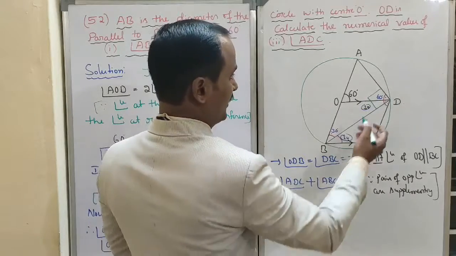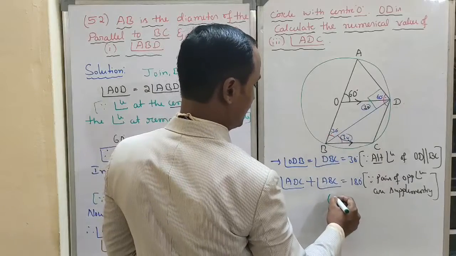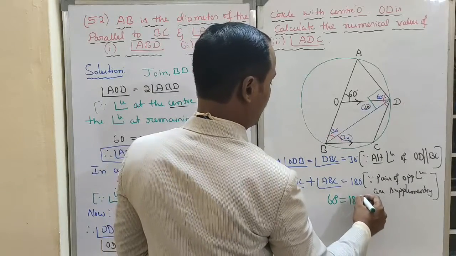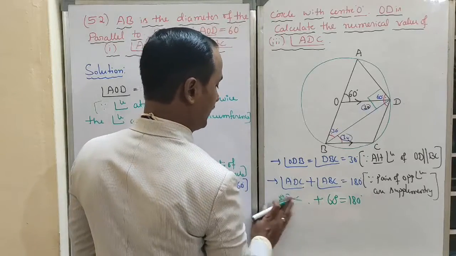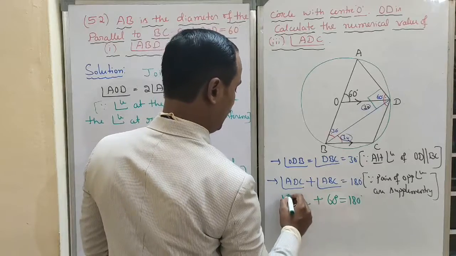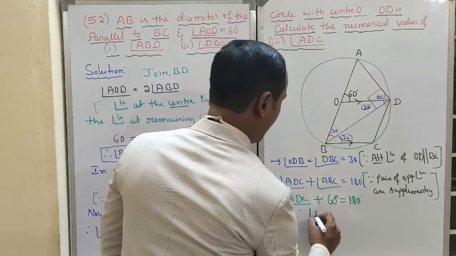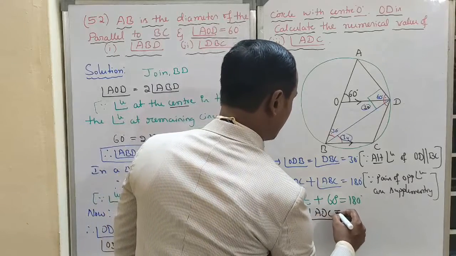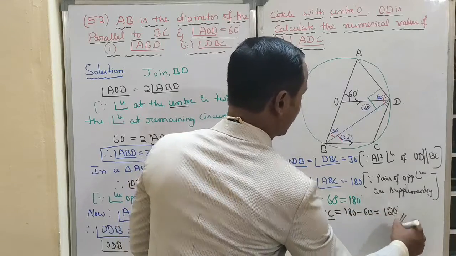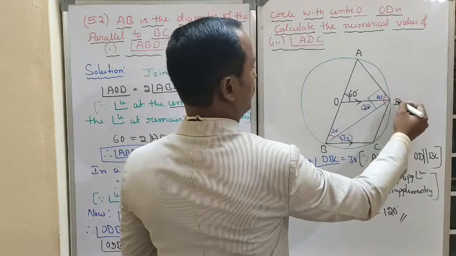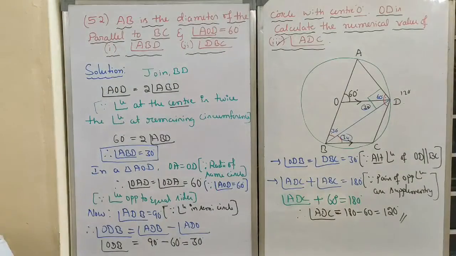I will substitute the values. See, look here, this complete angle ABC, how much is it? 30 plus 30, 60 degrees, is equal to 180 degrees. Here that angle ADC, directly we got it. Angle ADC, I will write neatly. Finally, therefore, the angle ADC is equal to 180 minus 60 degrees is equal to 120 degrees. I got it. This complete angle, how much? This is 120 degrees. This one is over. Clear?